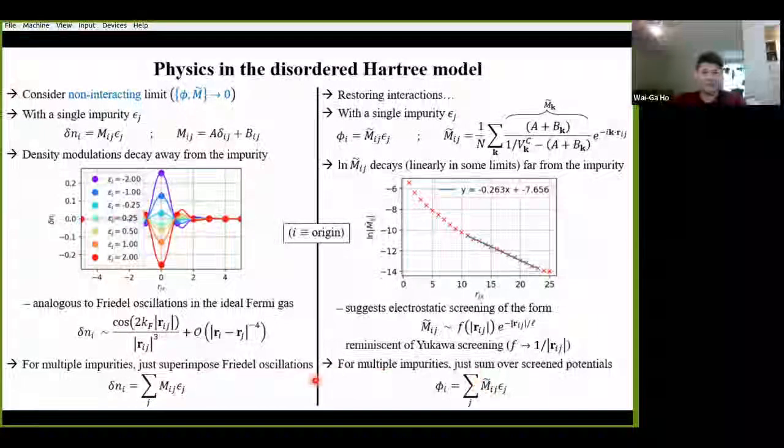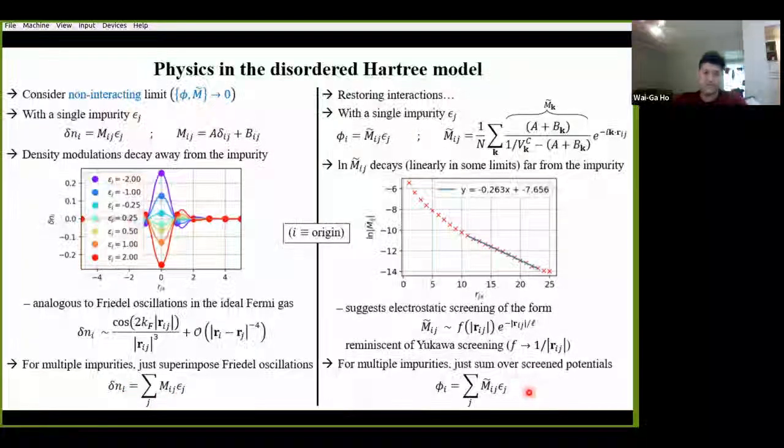And just to rehash, we saw that we have Friedel oscillations that are generated by the impurities and superimposed to form the local charge correction, at least in the non-interacting limit. And we also saw that when we turn interactions back on, well, these impurities also produce electrostatic potentials that are screened and then combined to form this Madelung field in the crystal. So with that, let's now actually look at some of this physics in action when we have multiple impurities.